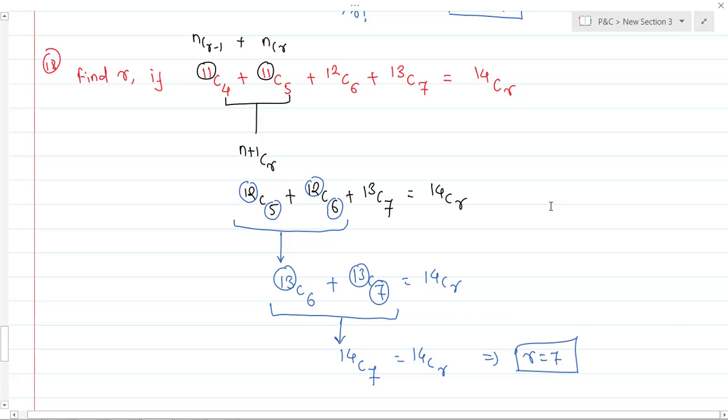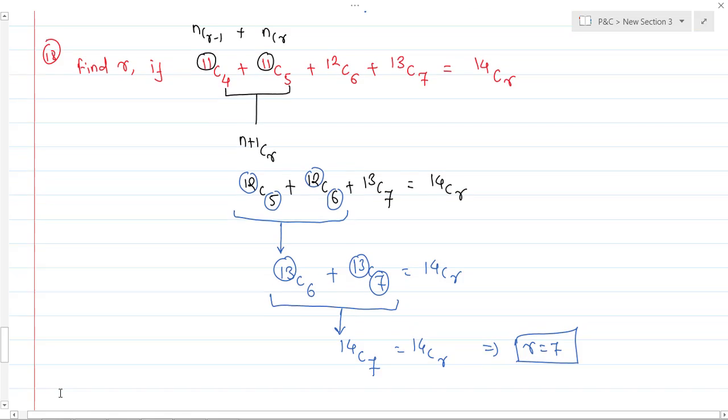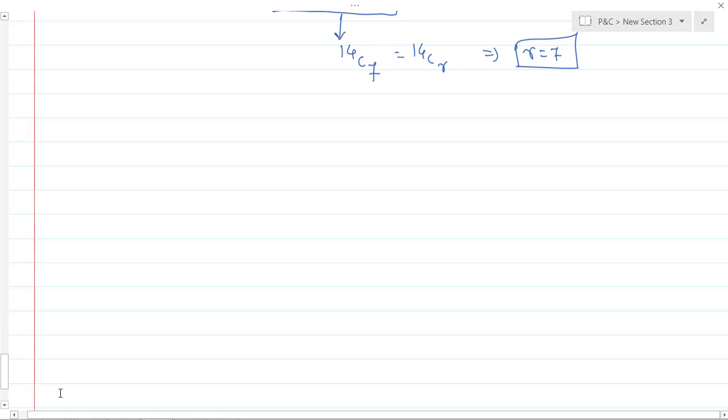So in the last session we have seen the questions based on the properties of combination and permutation. So let's continue with this session. Question number 19 is the same as your question number 18. So what it says, question number 19 is,